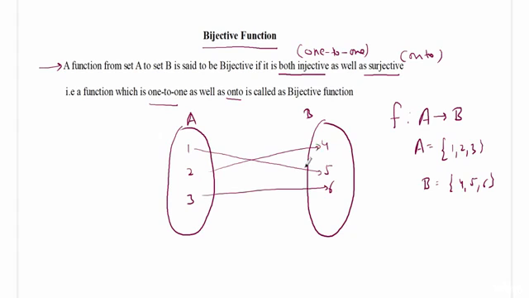like this. So here you can see that it is injective. Why? Because every element in set B has just one and only one element in set A. And it is surjective because every element of B is covered. That is, every element of B has at least one element in set A. So this is injective plus surjective, both. Overall it is bijective. So this is a bijective function. So you can say that if a function is bijective, then it is injective as well as surjective.